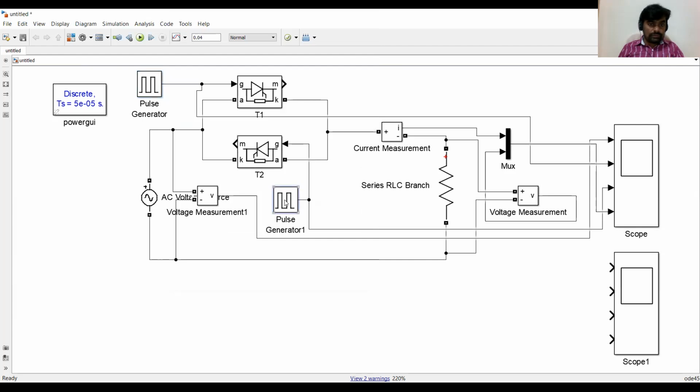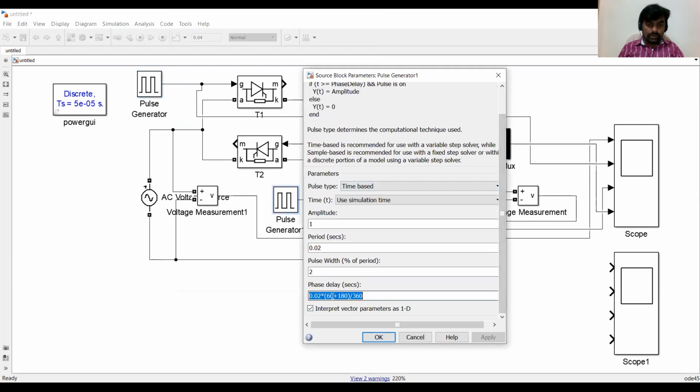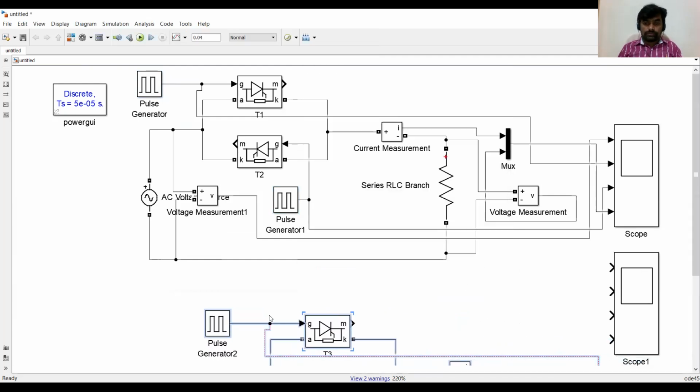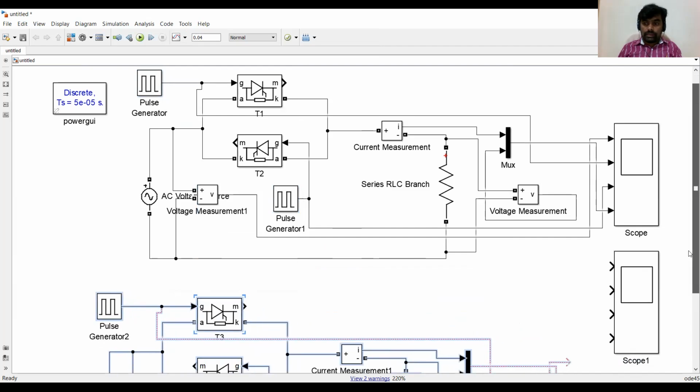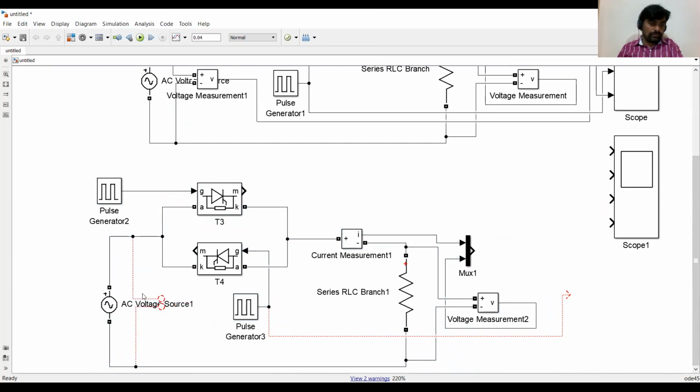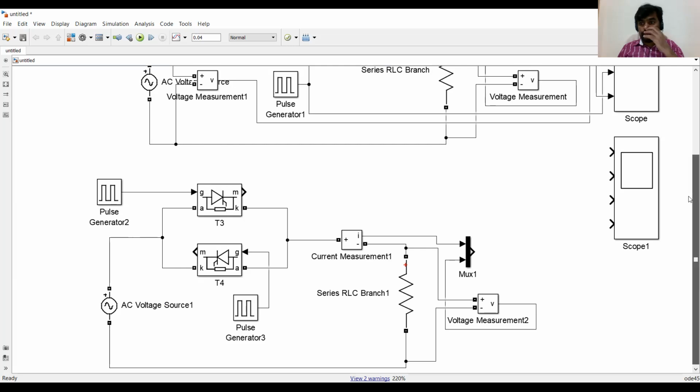Then I will go for alpha 60. And I want to show all the waveforms at a time at different values of firing angle. Now I don't want to see this firing pulse, right? I just want the output voltage and output current wave shape, right? So I can remove this one, can remove this one.